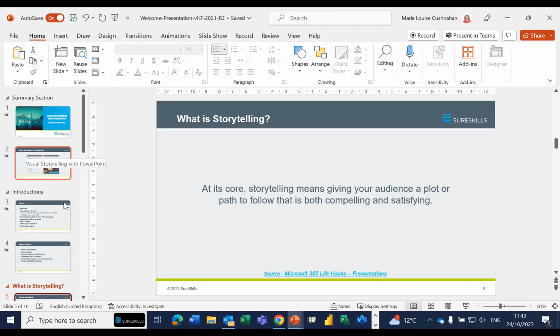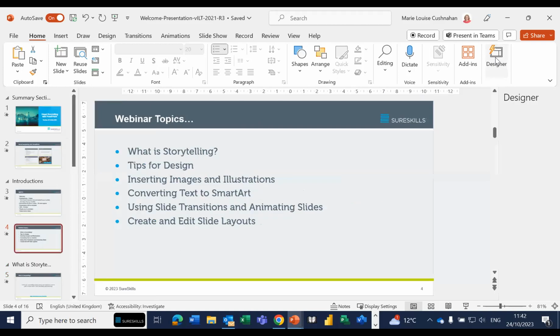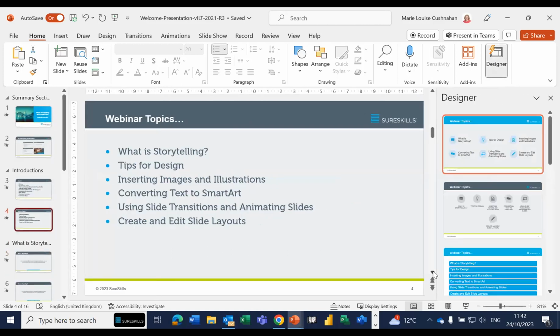The other thing as well, just to finish off, because I'm just looking at the time just to get some Q&As in. One other thing to think about is if you're using the later versions of Microsoft PowerPoint, in the Home tab, you've got the Designer. Let Microsoft PowerPoint give you design ideas, because what I can do is even just this example here, the webinar topics. If you look at the design ideas, what it's actually doing here for me is not only just making it more visual,